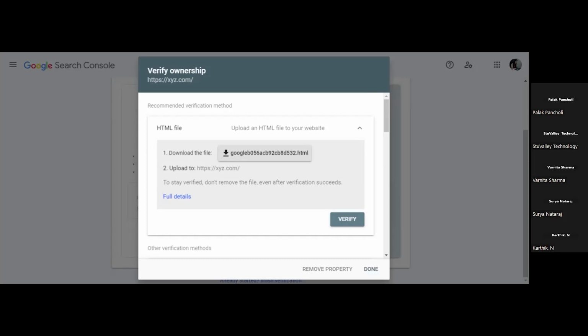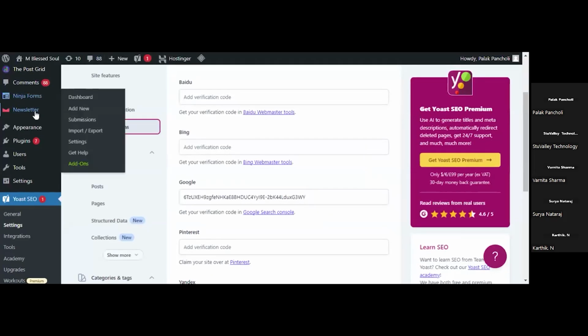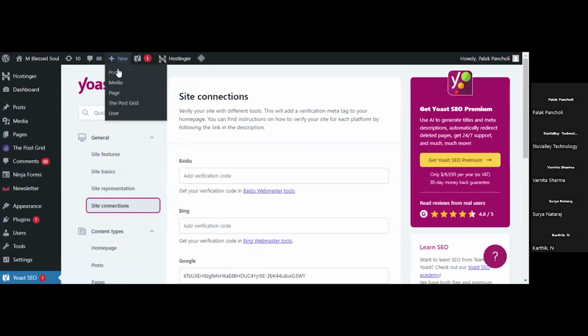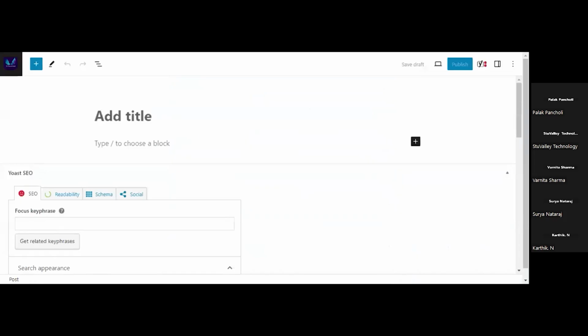Can you tell us the detail now? Yes, I'll show you. You have to write the content. For example, a new post you have to write. You will go to the new post, and you will put the heading, you will add the content. You will get the interface like this.